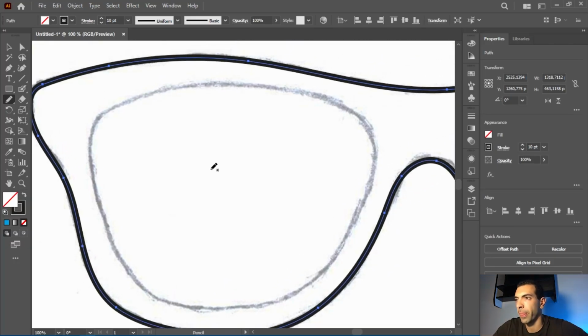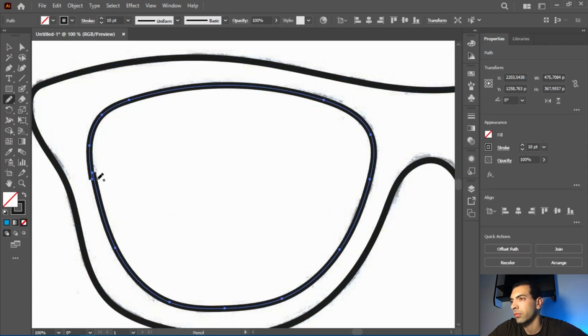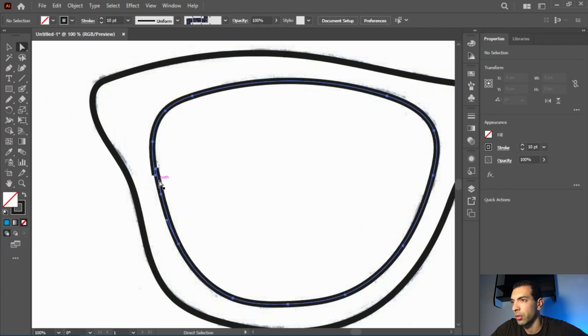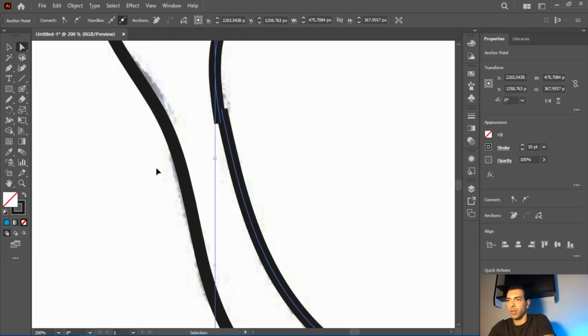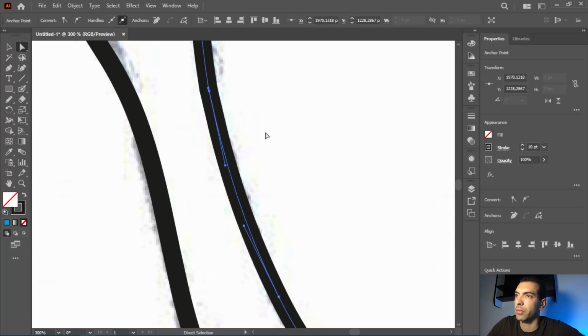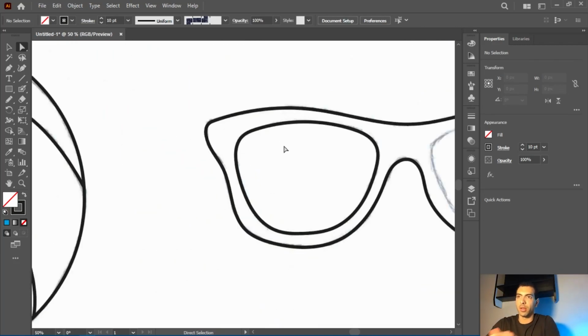Now I'm going to draw the inside, this part, starting from here. Like this. I can use the direct selection tool and make a small modification on this line, move this point right here like this. And now